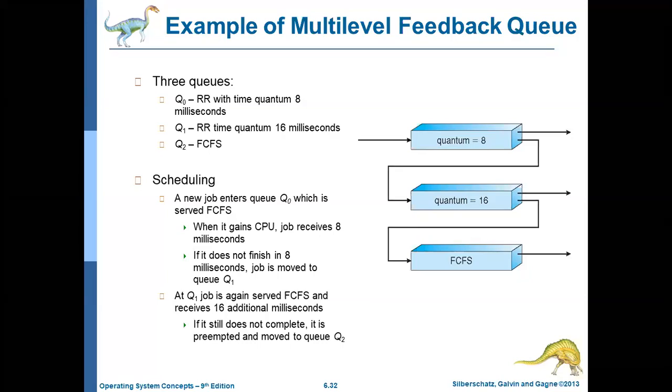It may be executed by FCFS and just removed from the queue. If it is not executed, not getting the chance of CPU, again it is placed into the quantum 16 or quantum 8 queue. Within the time interval, the CPU gets the chance and executes that particular process. Within 8 milliseconds it may be completed, otherwise it is fed back to the quantum number 16, which means the time slice will be 16.